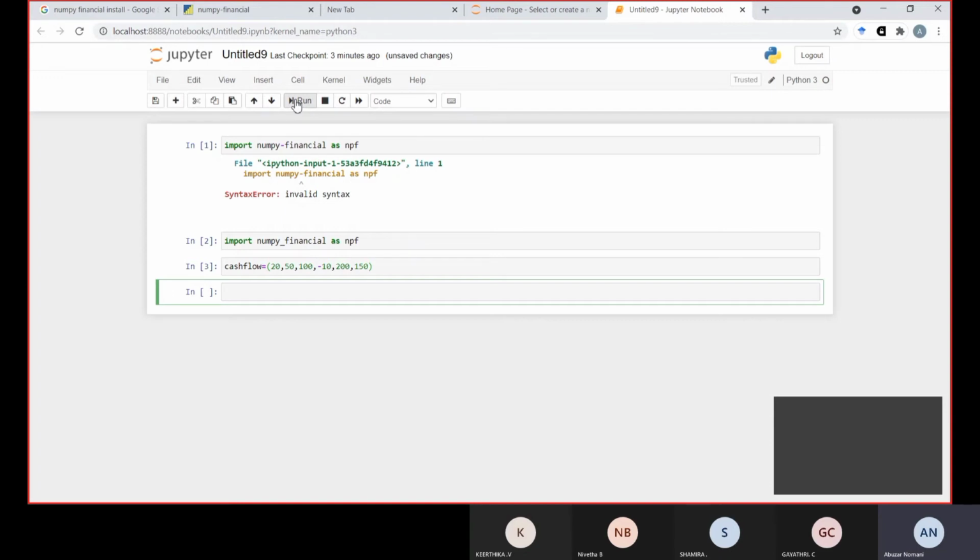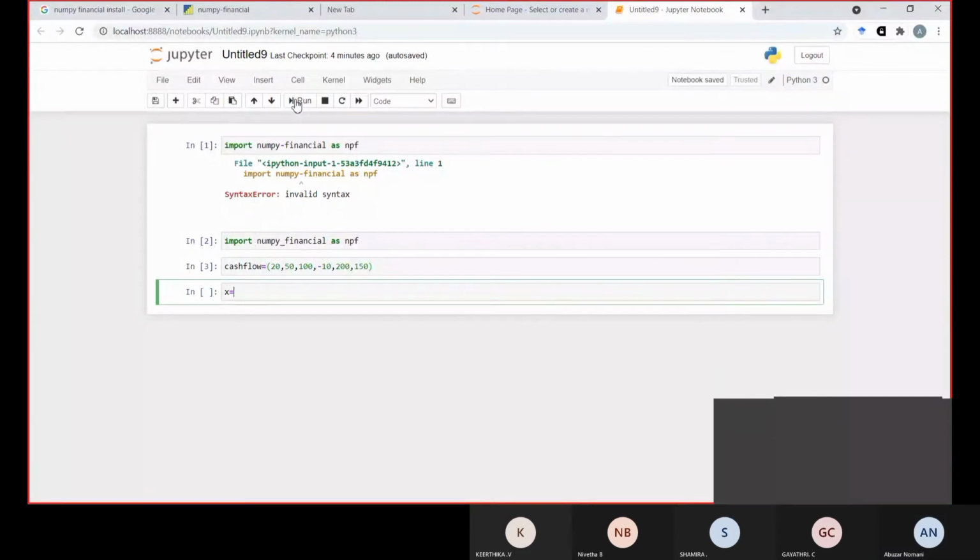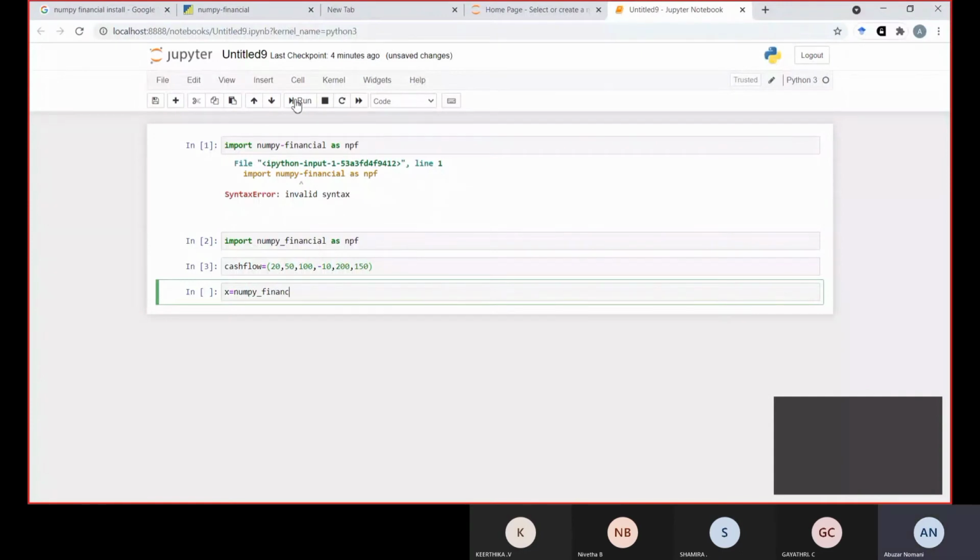So x is equal to, we are going to find the net present value, and then you have to give the interest rate as 0.10, that is, 0.10, comma, cash flow.